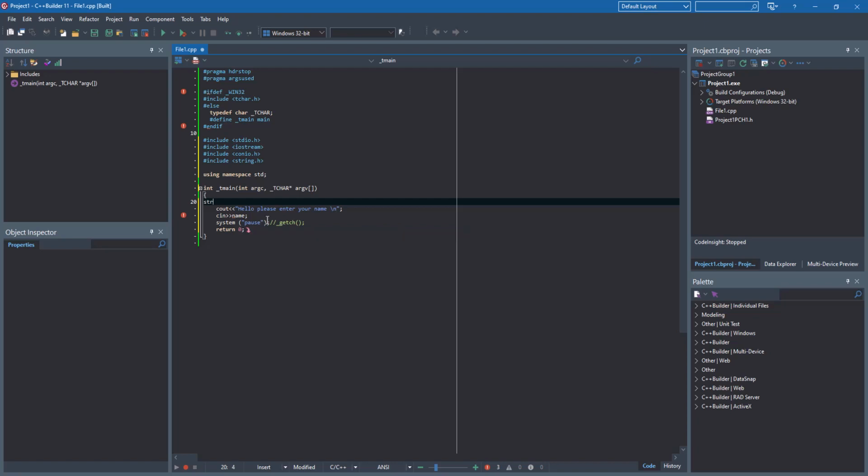So string name. Including string.h means this one will be a capital H. Alright. So cin name, and then after that